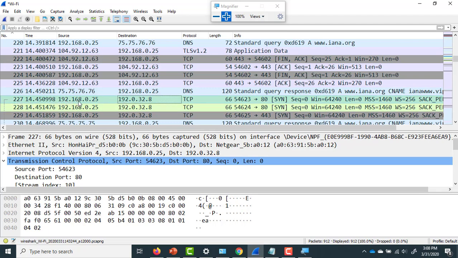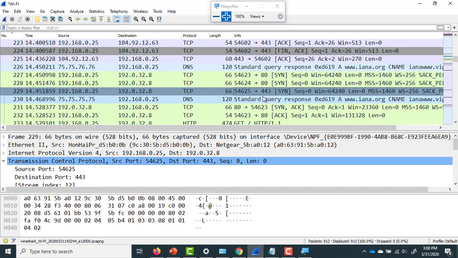It's issuing from my computer at 192.168.0.25 to 192.0.32.8, a synchronization. And actually you see a few of them coming off here, these synchronization packets. There's actually a series of 3 of them. And then that's the first leg of the 3-way handshake. So this first one here, let's go down in and just kind of look at